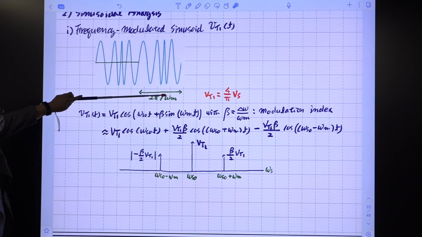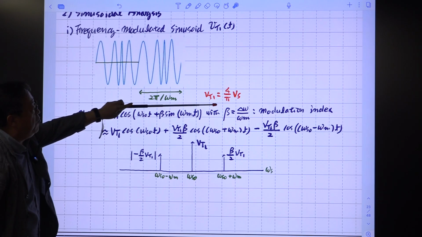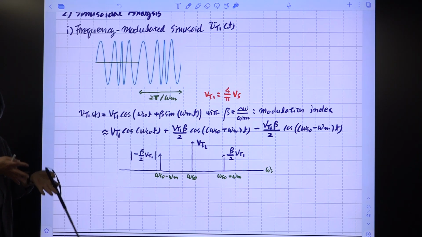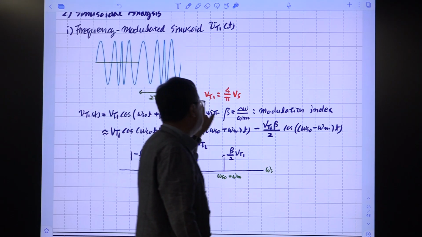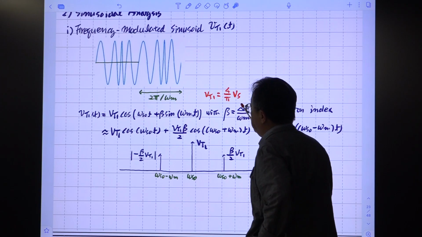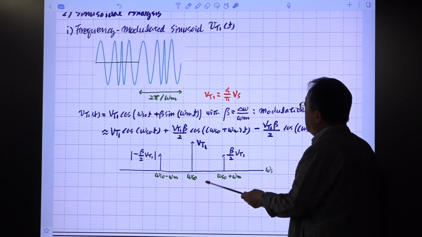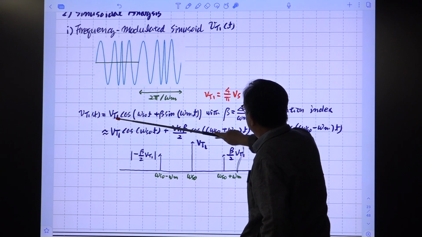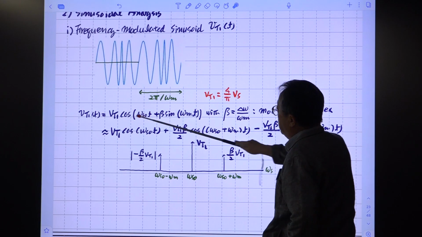VT1 is the fundamental component of the Fourier series, because we have a full bridge circuit. So it is 4 divided by pi times Vs, where Vs is the input voltage, all right? Then the expression for VT1 has a cosine